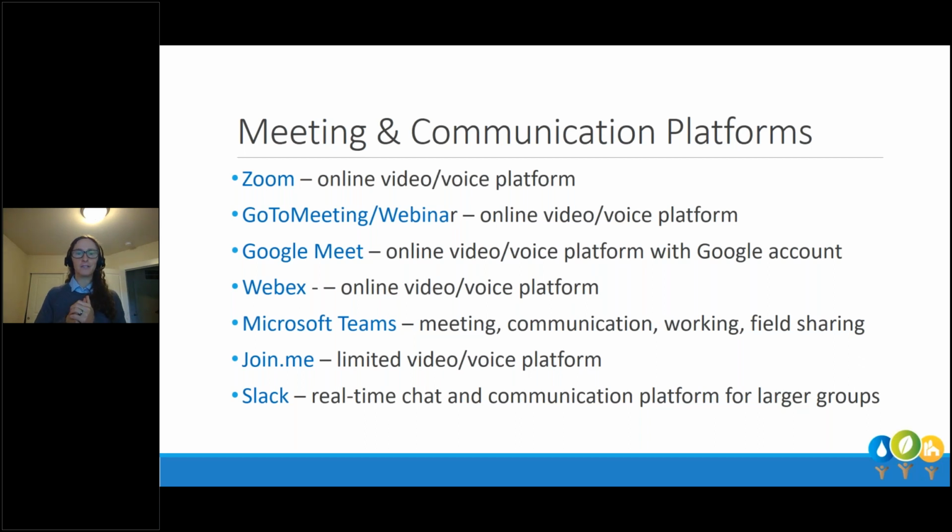And then Slack is another one. A lot of us are part of Slack with WACD, and it's just real-time chat and communication. It's not a meeting platform, but it's a communication platform in a totally different way. So it's nice to be a part of it when hosted by a larger organization, but maybe not on its own. It's not what you would choose to create, host, and have meetings with some type of an interface with others. So a bit more limited there, but great in the format that you probably interacted with it and seen it in our area.